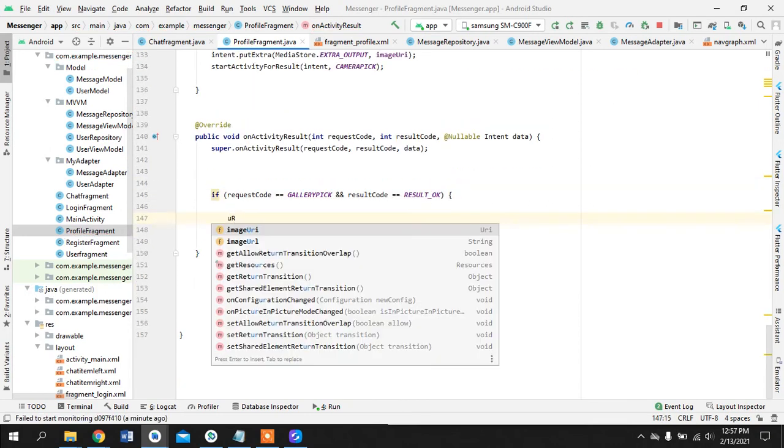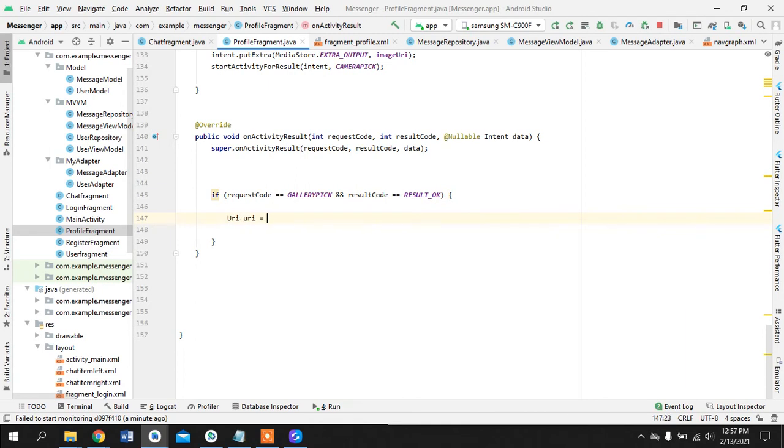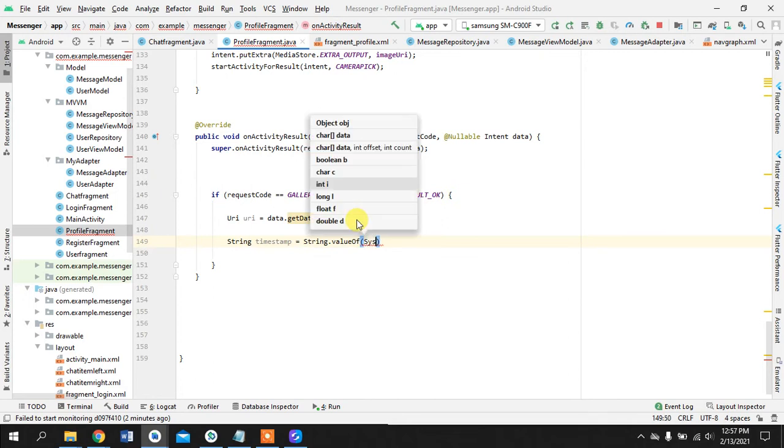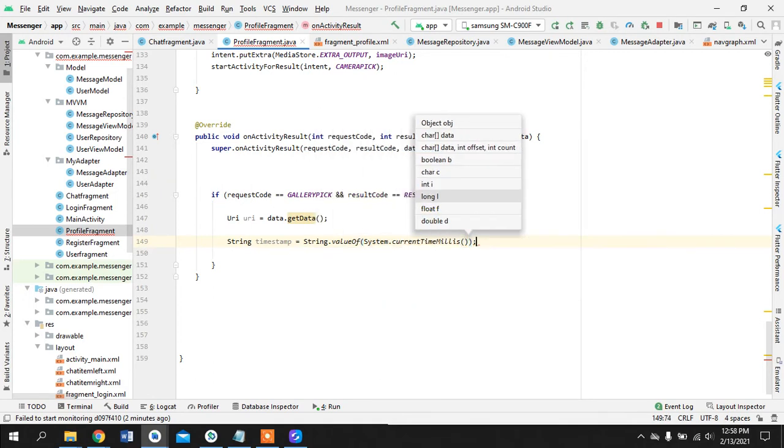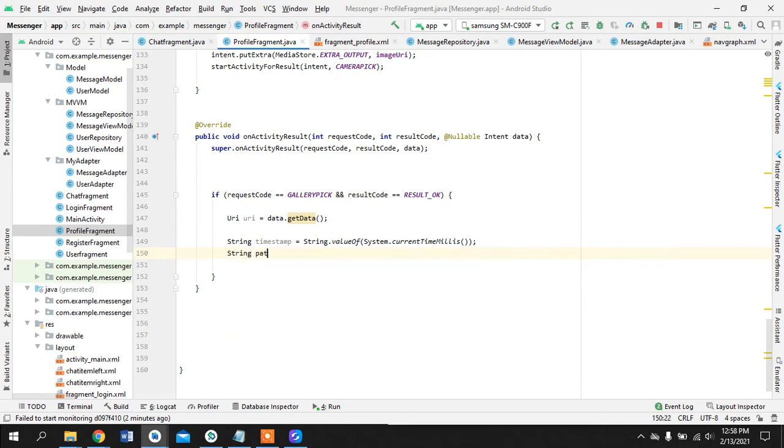The URI data.getData, because this data is coming from the intent and we are storing it in here, string timestamp, string.valueOf system current time in milliseconds, and we are creating a path for the folder photos, timestamp,